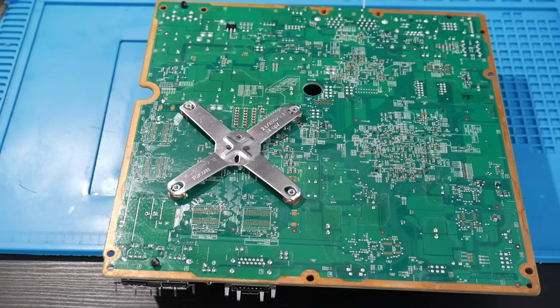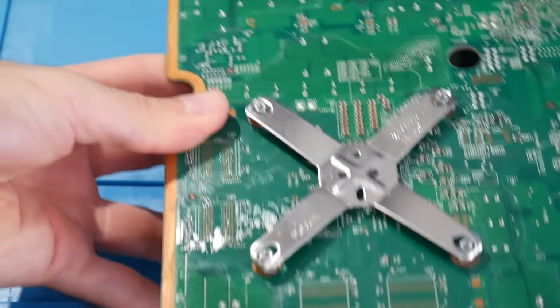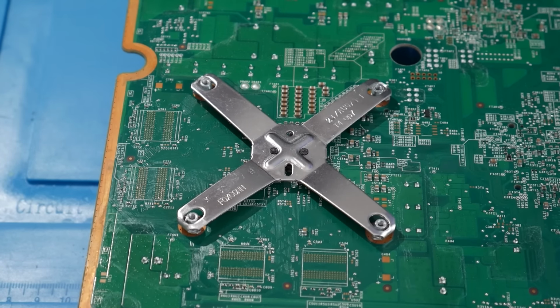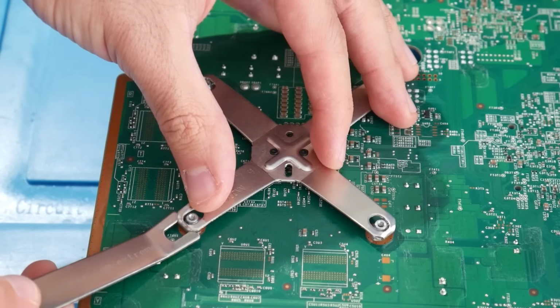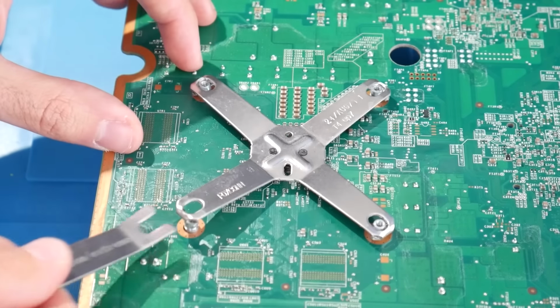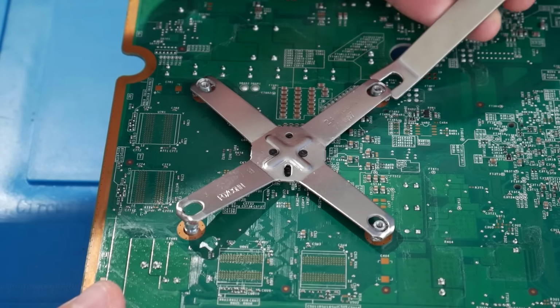Now here we go, we're going to hit the dreaded X clamp, but if you have the X clamp removal tool, this is made much easier. All you need to do is take the tool and slide it into where the X clamp is. You don't want to slide it underneath where you're touching the motherboard, but you want to slot it in like that. You're going to then push downwards and towards the X clamp, and it's going to